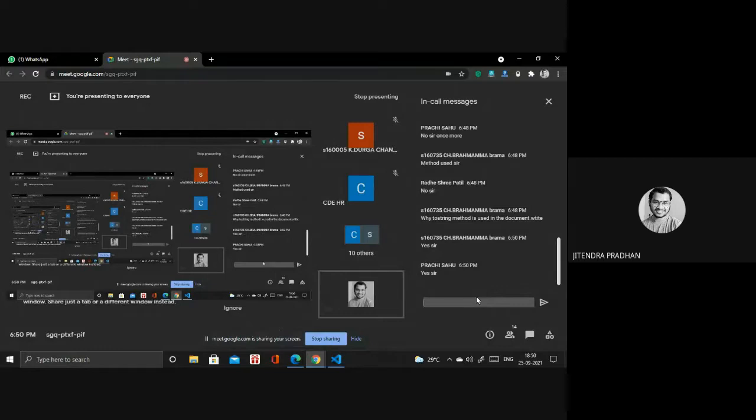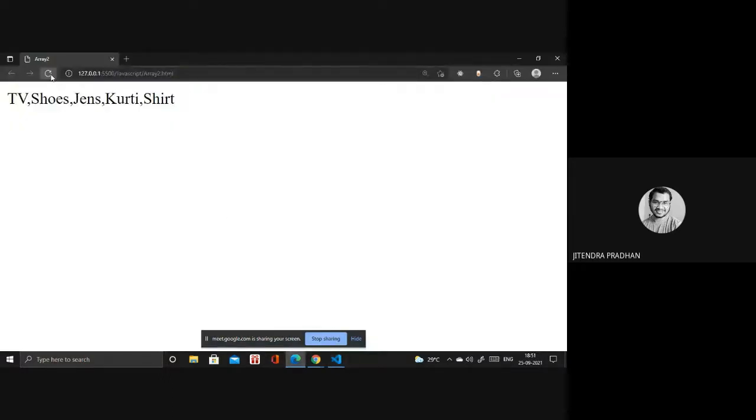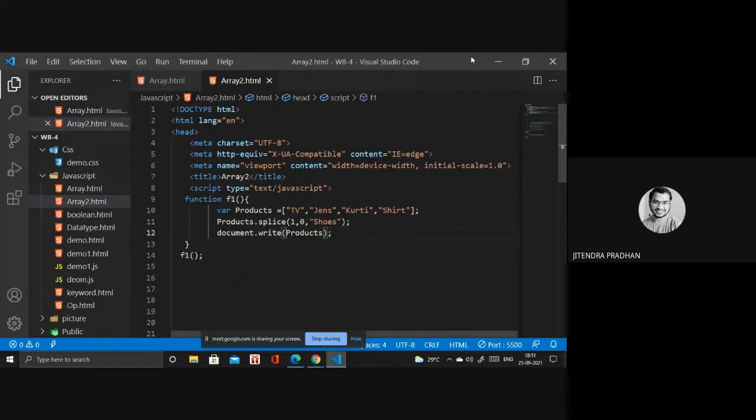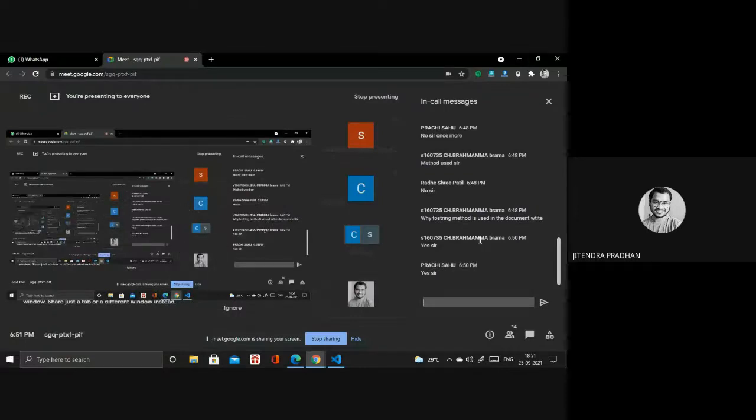Okay. Next thing we have to discuss is why we are using the toString method in document.write. If you want to print that array, if you want to read the array or print the array in the web page, at the time we are using toString. Without using toString, we can do that, not an issue. If I write without toString, it's also done, not an issue. But we have a rule. If you are designing something, if you go anywhere, if you live in the home as well, we have some rules.